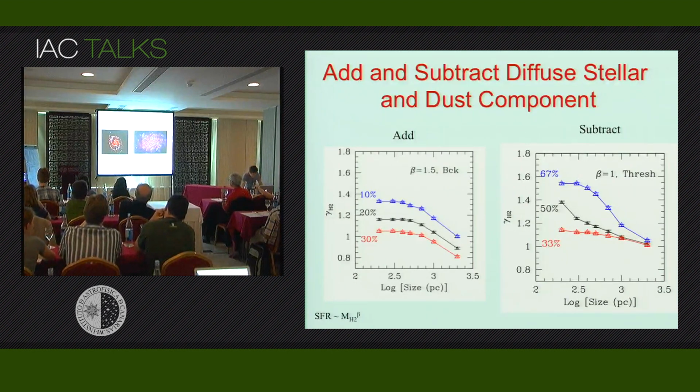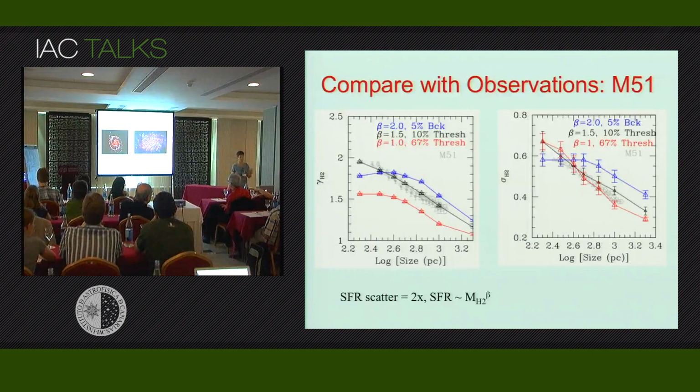Let's say I take a beta equal 1.5 between gas cloud and star formation rate, and I add some flat component. The flat component I strove to remove in NGC 5194 and NGC 3521, I add back into the mix. Depending on how much I add, if I add 30%, the measured slope will be roughly 1, even if I started with an intrinsic slope of 1.5.